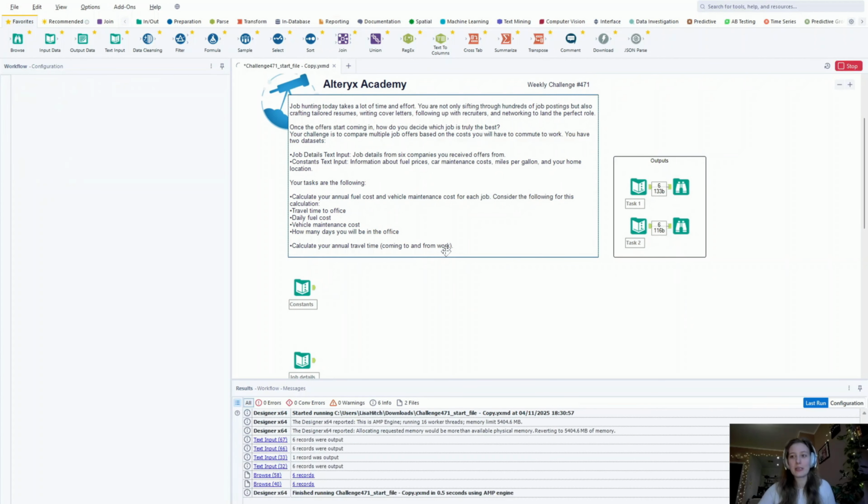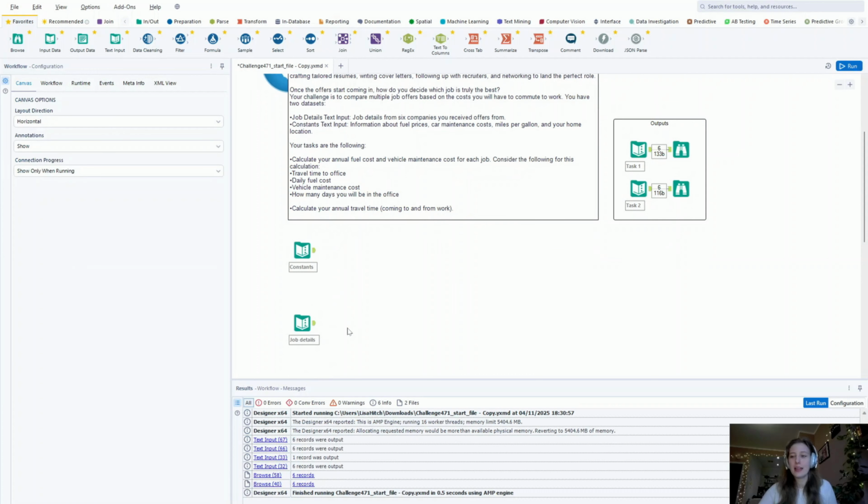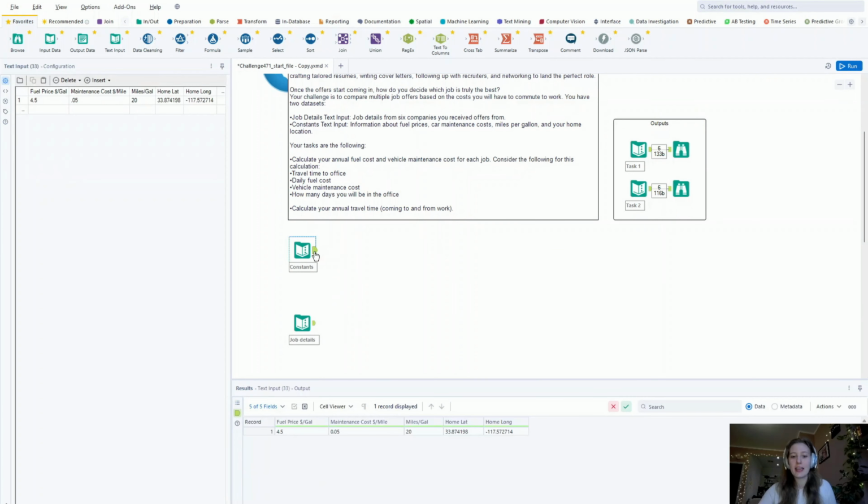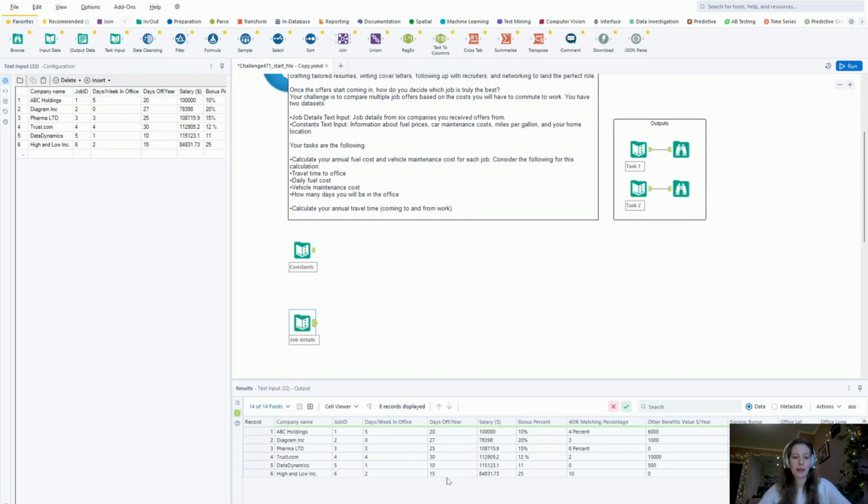So I already opened the starter file here and I just run it and we can have a quick look at our data. This is our first data set, the constants, where we have our home location in latitude and longitude, and then a couple of metrics that we will need for those calculations. When I look at my other data set, you can see that I have 6 job offers for different companies and a lot of different information for those,